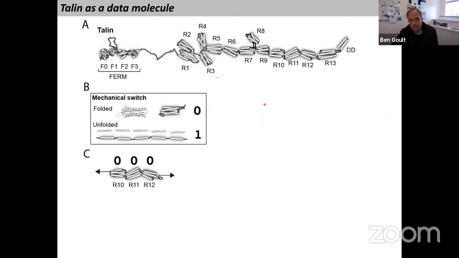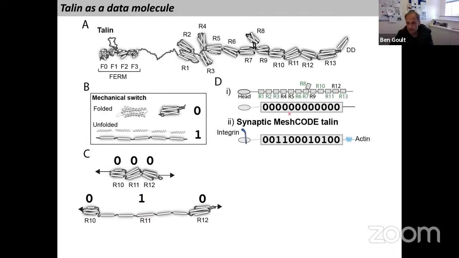So what we now start to imagine, putting all this together, is that talin is actually a data molecule, because we can show, and I hopefully have convinced you, that we've got a string of binary switches in this molecule able to go between a 0 state and a 1 state reversibly as a function of signaling. And if you pull on it, you'll change the binary string from 000 to 010 or whatever, in a uniform, highly reproducible way, so that you pull on it, you'll generate the same pattern every time.